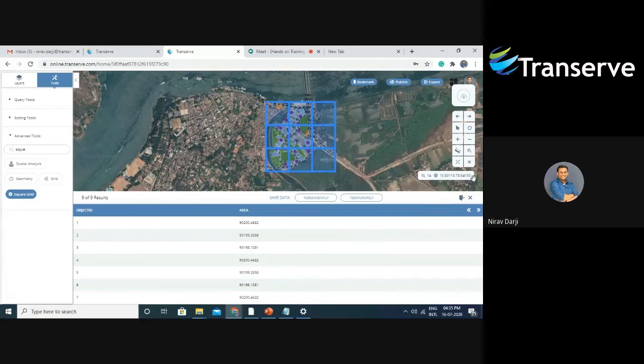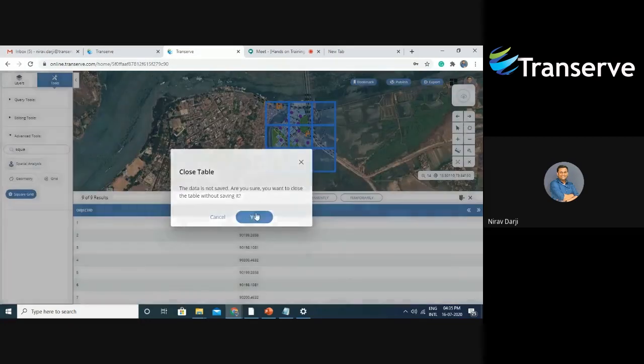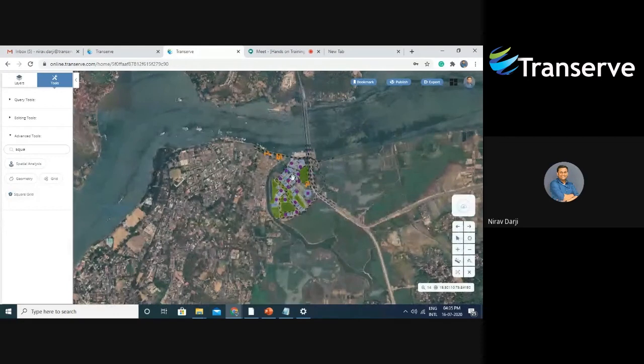So this is all about the advanced tools. Now, the last part is to create a WMTS layer. With this particular function, most of the geospatial industry people have used WMS and WMTS layers from external service providers, and they have integrated or connected them with their desktop GIS software.